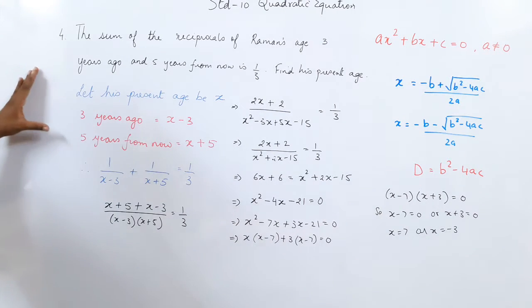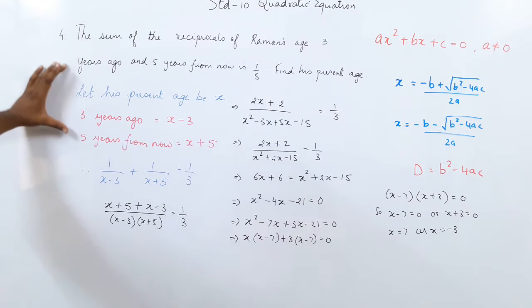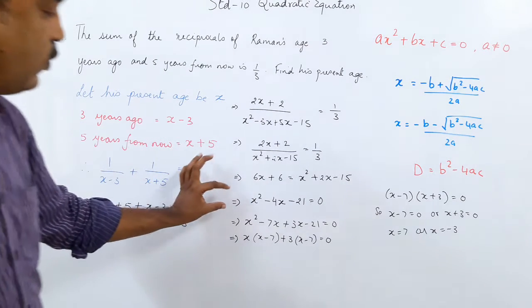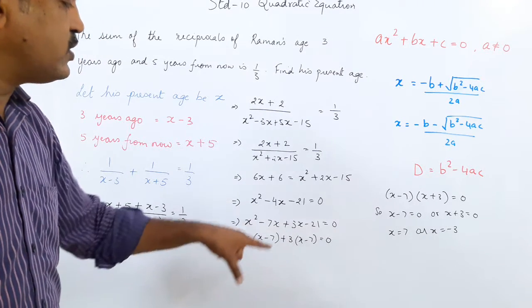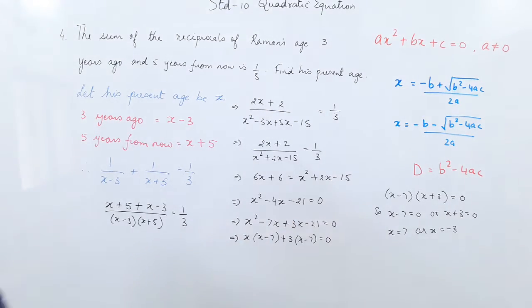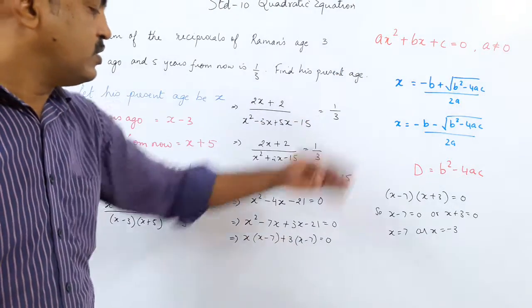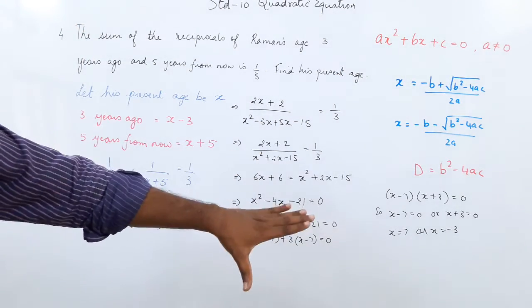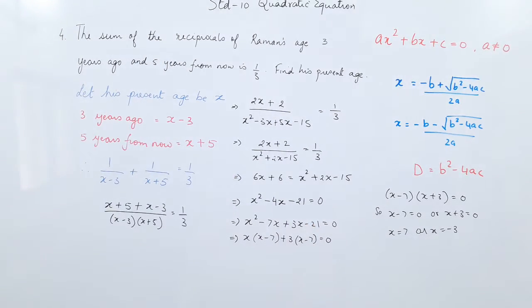So in this problem sum what we did, we have to first read the sum properly and understand, and then by the sequence of steps you reach the equation. So at this point I reach the equation. After that I have chosen which method? Splitting the middle term, because that is easier for me. But you can choose completing the square or you can use a discriminant method, either one. I have chosen this method and got the answer x equal to 7. So the present age of Raman is 7. So I hope this sum is clear to you. Yes? Now we will try another sum.